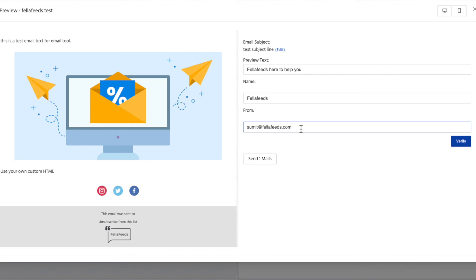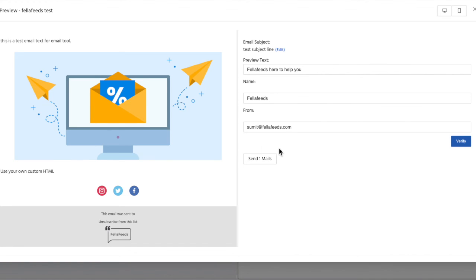But before that, you have to verify your email address. Once you put your email here, you have to click on verify, and you will receive a verification email in your inbox. Once you click on the verify email link, it will verify it for you, and you have to come back here, and after that you can send the email.